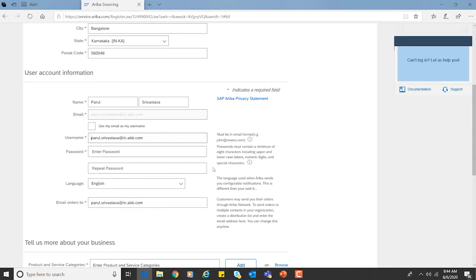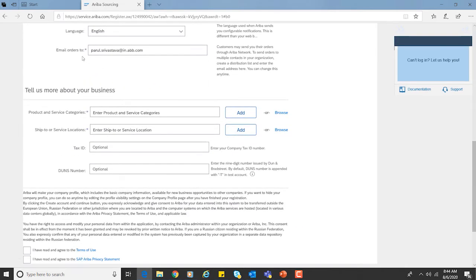And the password also has some rules. It should have upper and lower case letters, a numeric digit, and a special character. So please put your password according to this. I'm putting the password. Okay, the language, your preferred language, the email address.